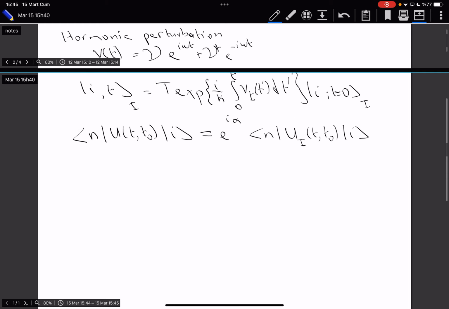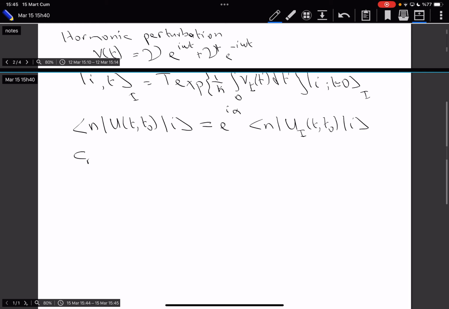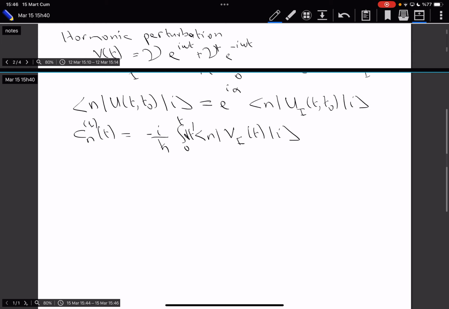Then, okay, we started from this and said that let's look at the transition amplitude C_n of t. It was given by minus i over h bar, integral from 0 to t dt prime, of V_I of t prime. This was the first correction. And then in particular, we said that if we look at, let's say, C_n of t squared,